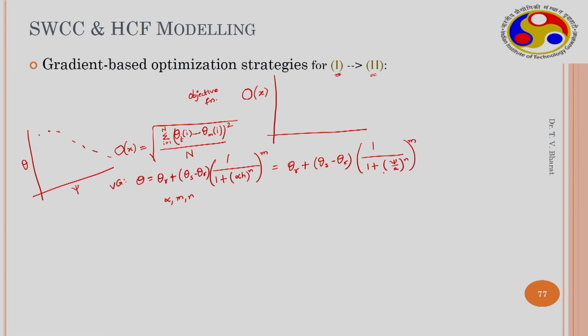So this is the general form which is used in geotechnical engineering. Here, when you use psi, a has units of kilopascal because psi has units of kilopascal. Here α has units of 1 over meter because h is substituted in meters. So either α, m and n, or simply a, m and n. You can assume one set of these model parameters. You can give a value to a, which is related to the air entry value.